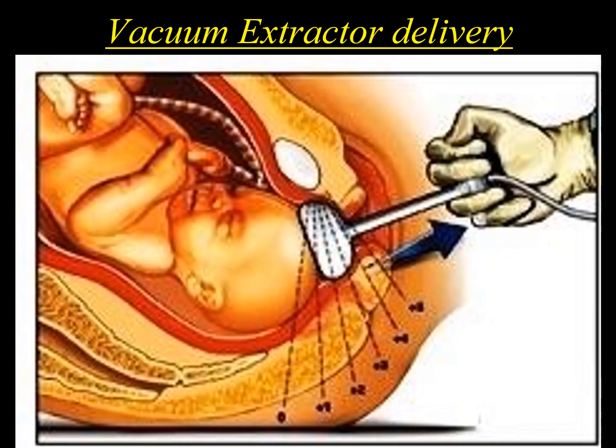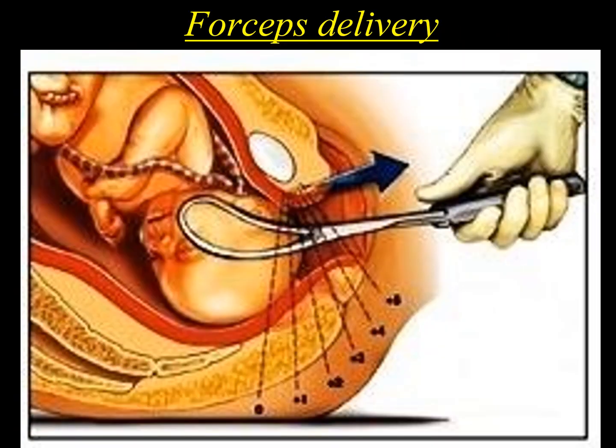Another form in which the baby can get their brachial plexus injured is vacuum extractor delivery. When you put a vacuum extractor on the head of the baby, if there is a difficult delivery and you take it out by pressure, it can cause a palsy. And also forceps delivery, where you are putting forceps around the head and stretching it out. While you are stretching it out, you can injure the baby's brachial plexus by overstretching between the shoulder and the neck.